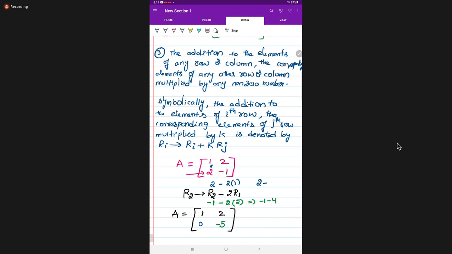So like that we have to do. By using a row operation or a column operation, we can make whatever element we want as 0. But not only 0, we can make any element we want using this operation. Students, is it clear? Yes, ma'am, clear.